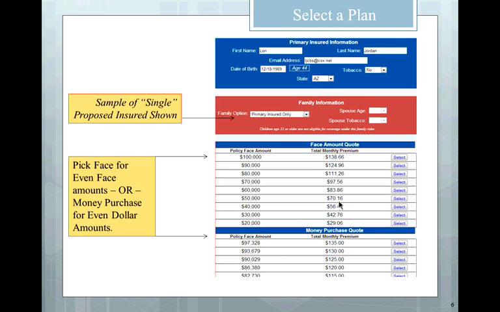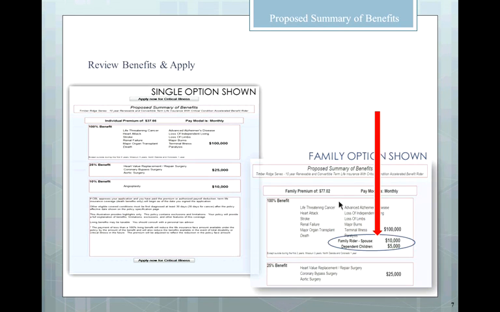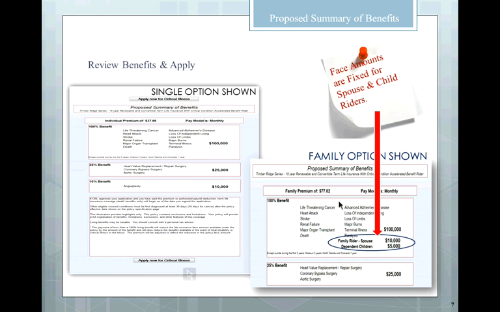And once you select one, just click the select button, and that'll take you to the next page, which is the proposed summary of benefits page. Now, this page right here just kind of goes over all the benefits on the plan. This is a really good recap page. That way you can do a quick review with a client,